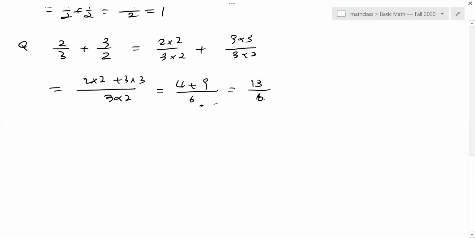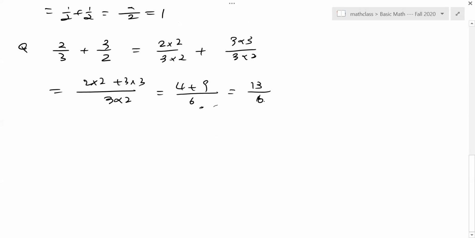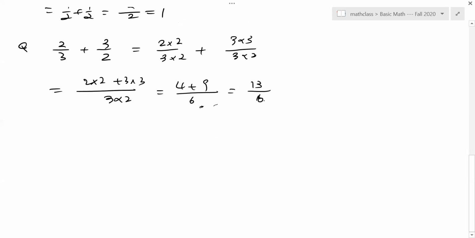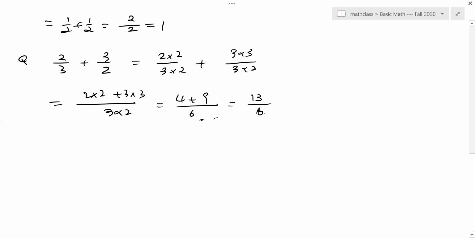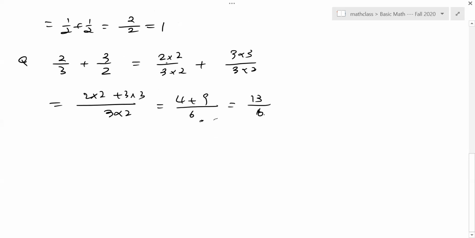So you get 13 over 6. Okay. Now we look at that, right? How do you get to this part? This is actually the cross product. 2 times 2, 3 times 3. Okay. So our formula says that you just do the cross product for the numerator, and the denominator is just the product